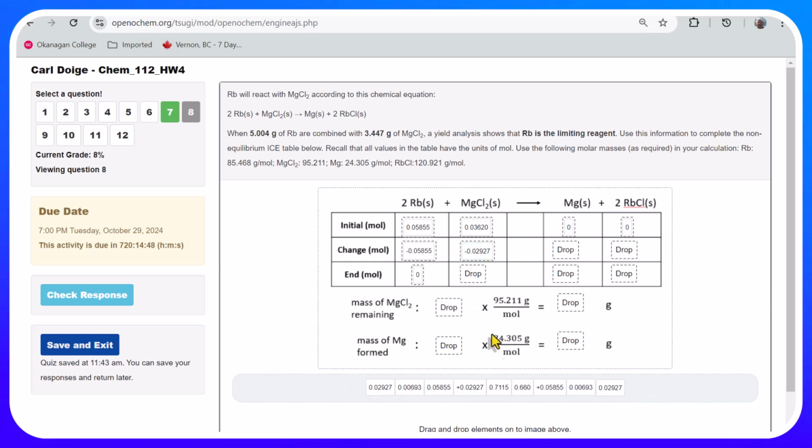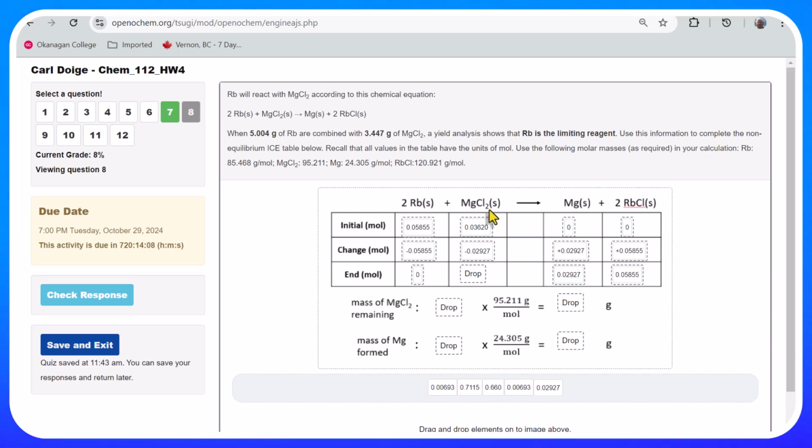So there we go. On the flip side, we know that the amount of magnesium that will be produced will be the same amount, because magnesium chloride reacts with magnesium in a 1-to-1 ratio. In terms of the rubidium chloride, it'll be the same amount as the rubidium lost. So it will be plus 0.05855. So do pay attention to these signs. Note that it's easy then to figure out that the rubidium chloride, the amount will be that 0.05855, and the amount of magnesium that will be produced is this